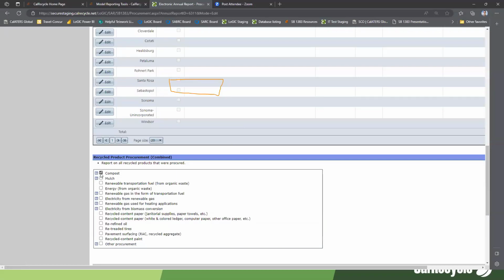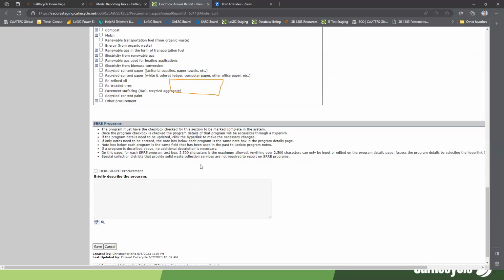So the checkboxes, the way these work, you just select all that apply. You can uncheck them if you like. And then Ray or Chris, if you can get a hold of Paul, please, to get rid of that orange box, I'd appreciate it. So down in the SRI program section,